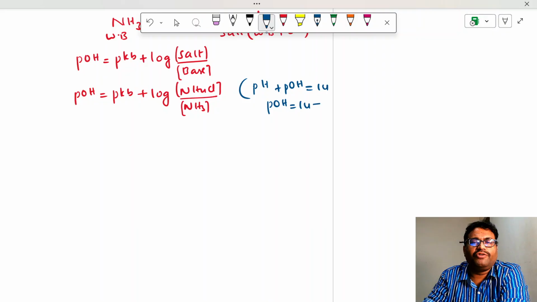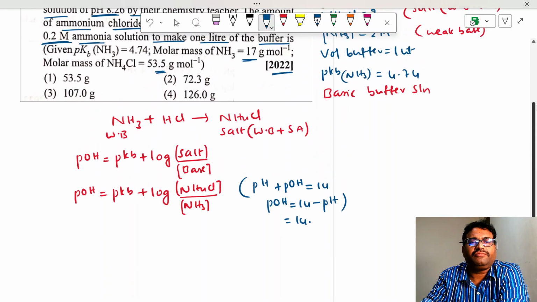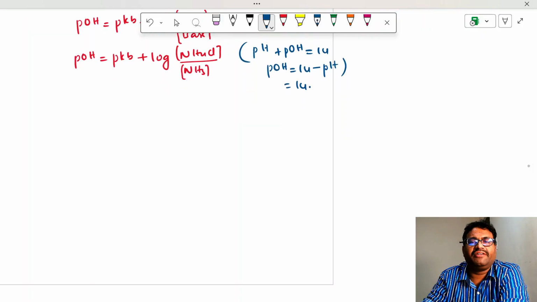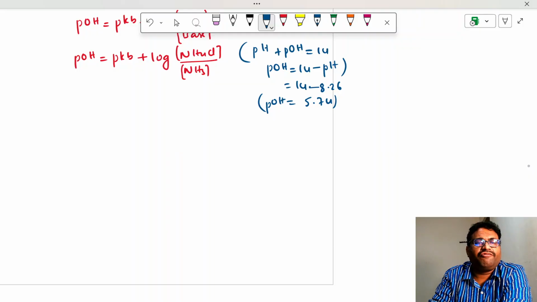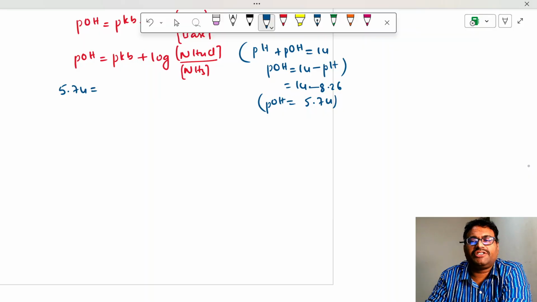So pOH is equal to 14 minus pH. 14 minus 8.26, which is given, equals 5.74. So we get pOH as 5.74, and I can write 5.74 is equal to,